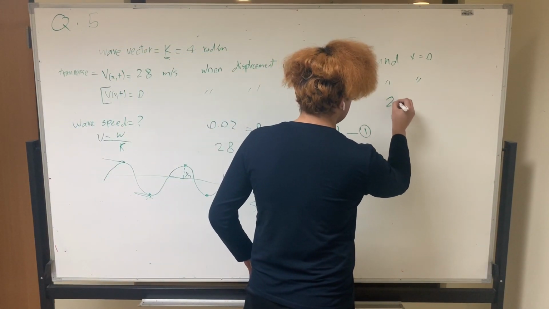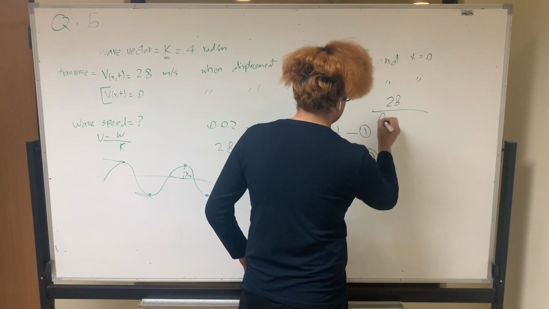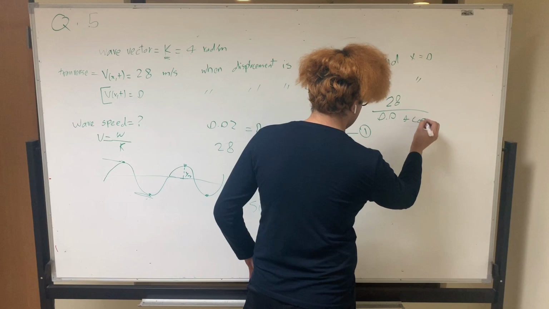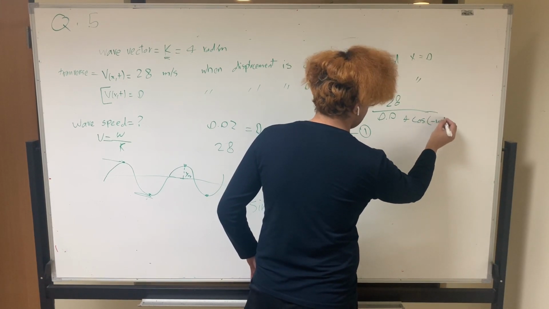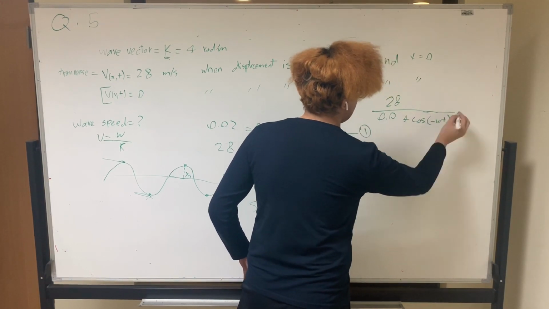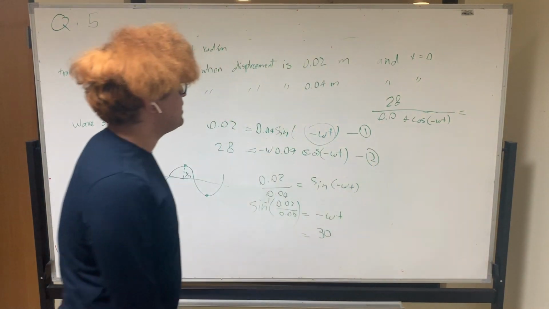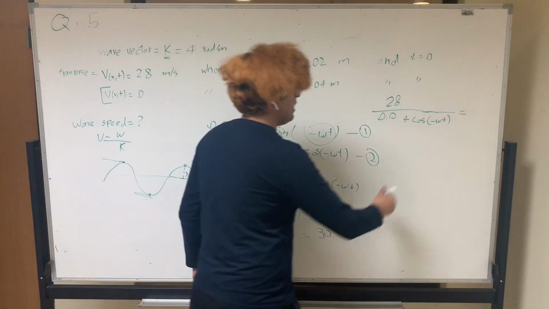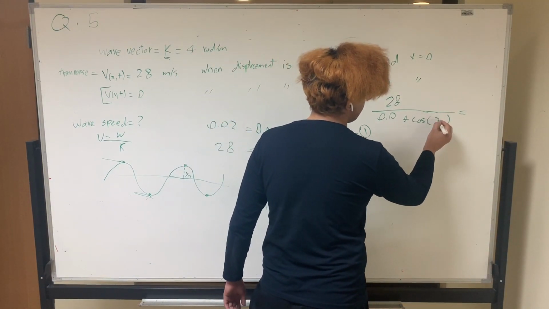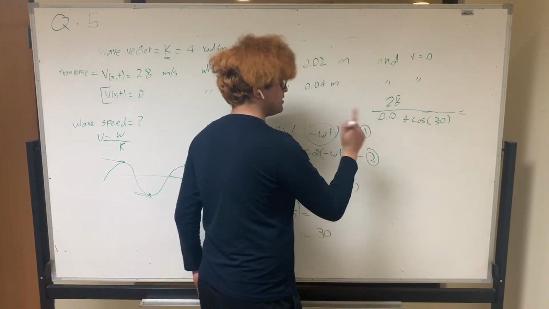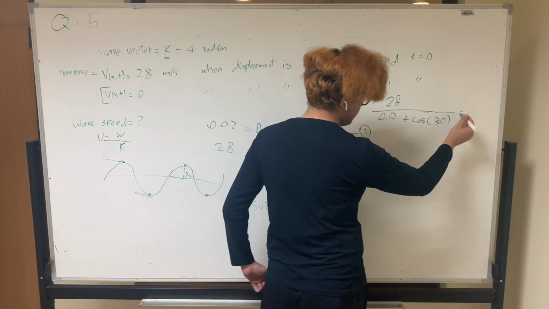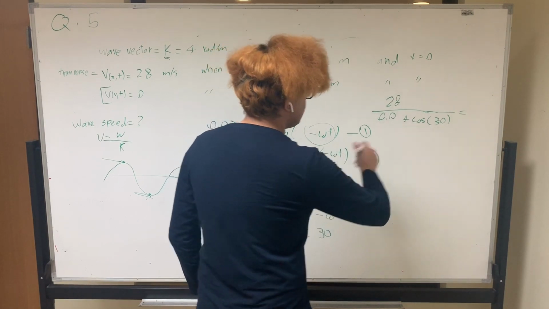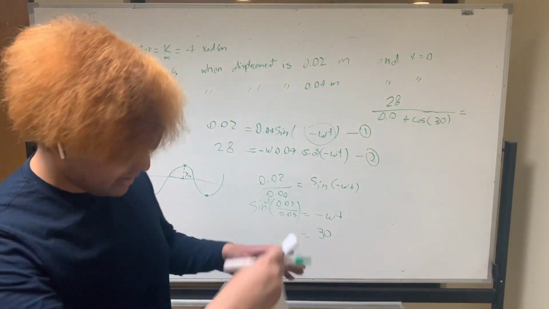And that's going to be 28 over 0.04 times cosine negative omega t. And if you plug this into your calculator, and we already know that negative omega t is 30, so this will be 30 here. Make sure your calculator is on the degree mode, not the radian mode. Okay, so if you plug this into your calculator, you'll be getting